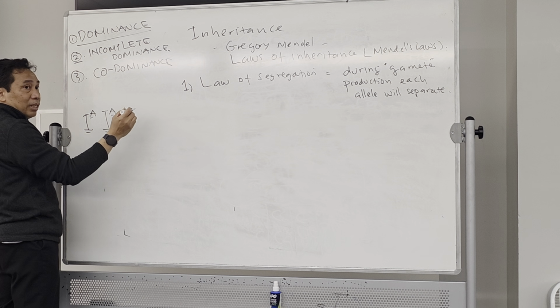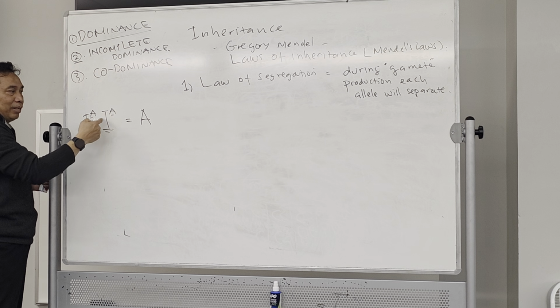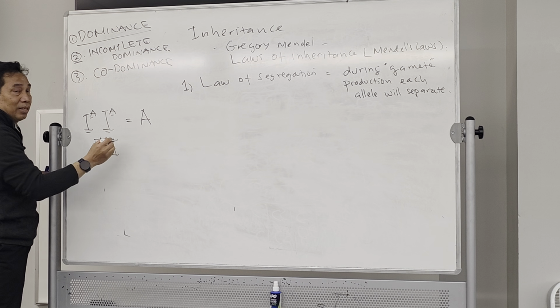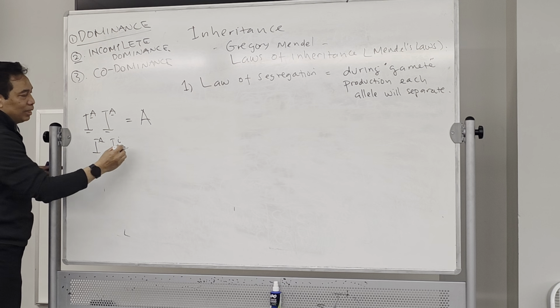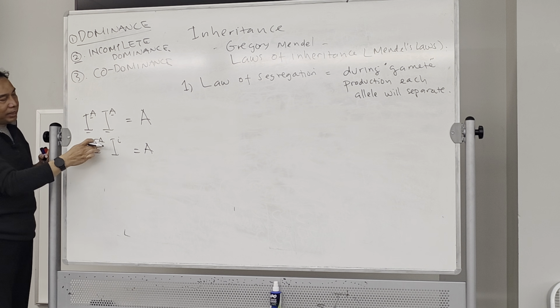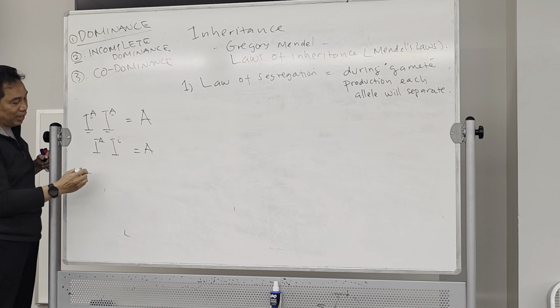So this one's going to be blood type A. Remember, every gene carries 2 alleles, right? A pair. Now, this is another one. We're going to use I. This is also A blood type because A is actually dominant to the I. This is another allele over here. This is a multiple allele type of inheritance.